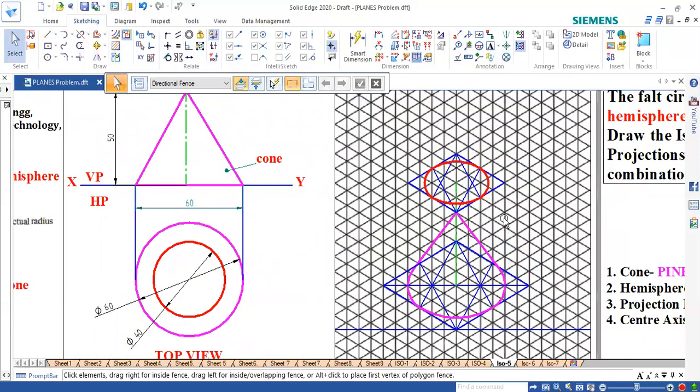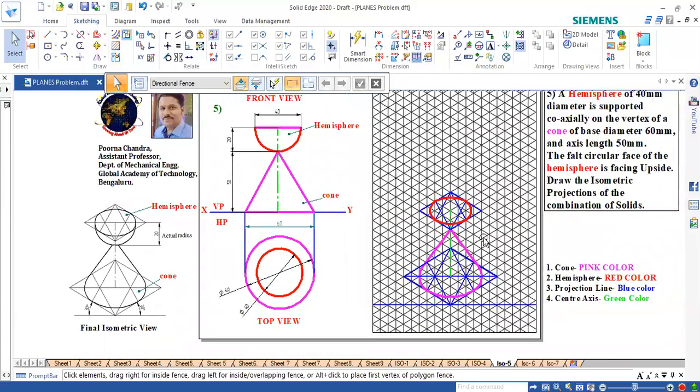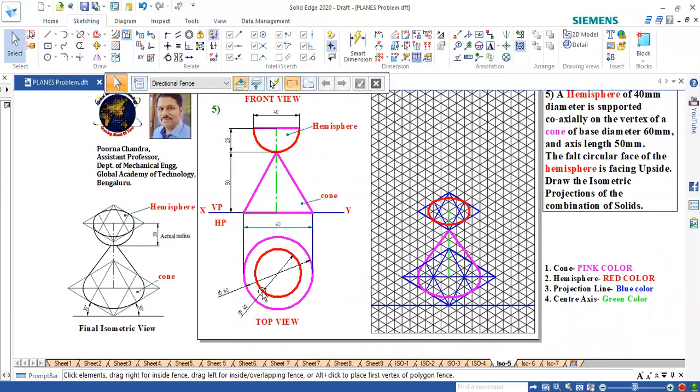So this isometric view is completed. Now the base of the hemisphere is where we need to take the actual radius. Here the base is just like a sphere base. If you watch a sphere from any direction, it will look like a circle itself. So the base should be taken with the actual scale; it cannot be drawn with the isometric scale. Here the base arc we need to draw with the actual scale itself.